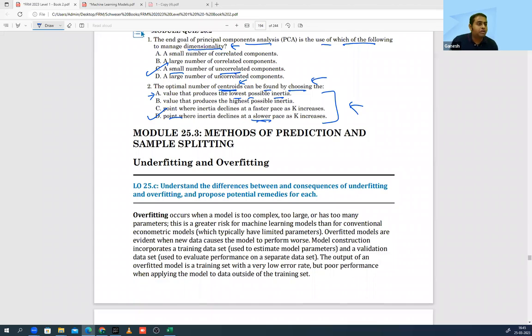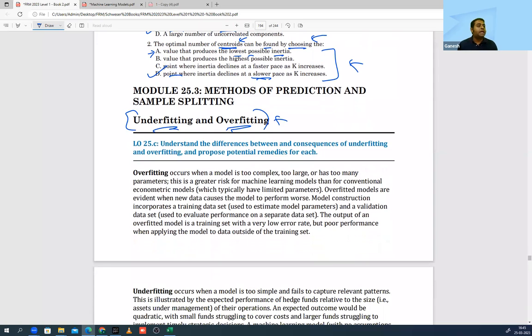The next module that we are going to be talking about, the first part of the chapter module, is underfitting and overfitting. What is overfitting? I'll give you the example of linear regression. If I increase the number of independent variables in the model, what is going to happen? The degree of freedom will go down, the dots will come closer to the line, and my model will look very good.